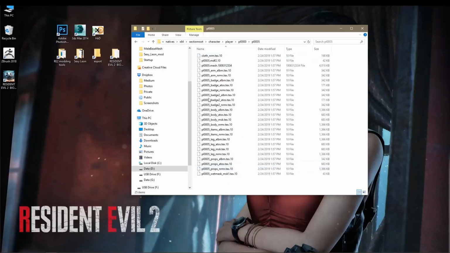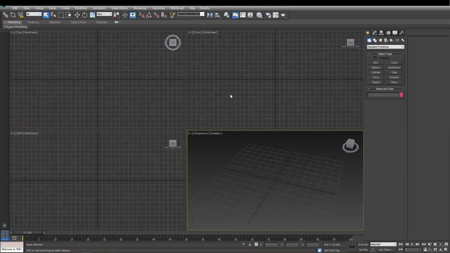It's everything in here. In particular, this one is the model, and these tex.10 files are the textures. Now you cannot open these normally. You're gonna need the tools here, and I'm gonna show you exactly what you need. But first, let's import our character here in 3ds Max using the script. In 3ds Max,